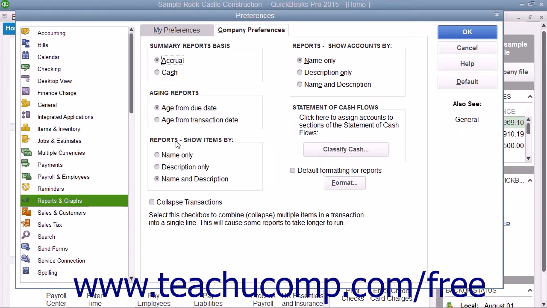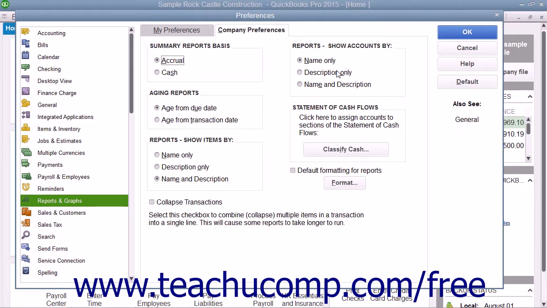In the Reports Show Items By section, select the desired option button to set the display of items within reports. In the Reports Show Accounts By section, select the desired option button to set the display of account names within reports. For both items and accounts, you can select to show either the name only, description only, or name and